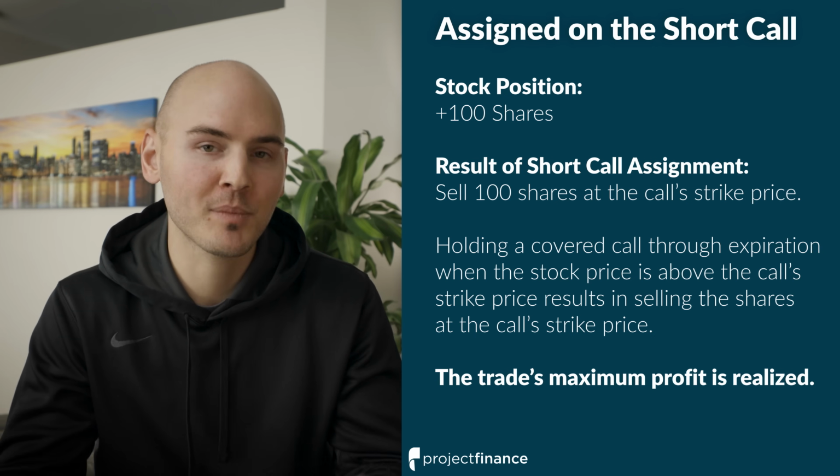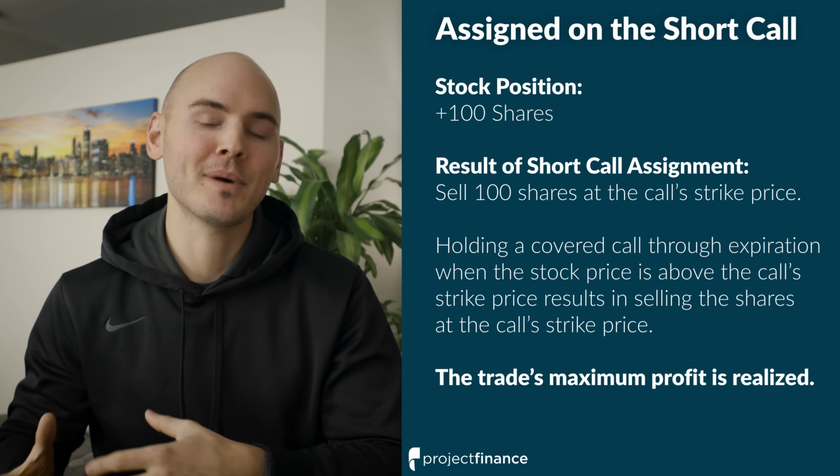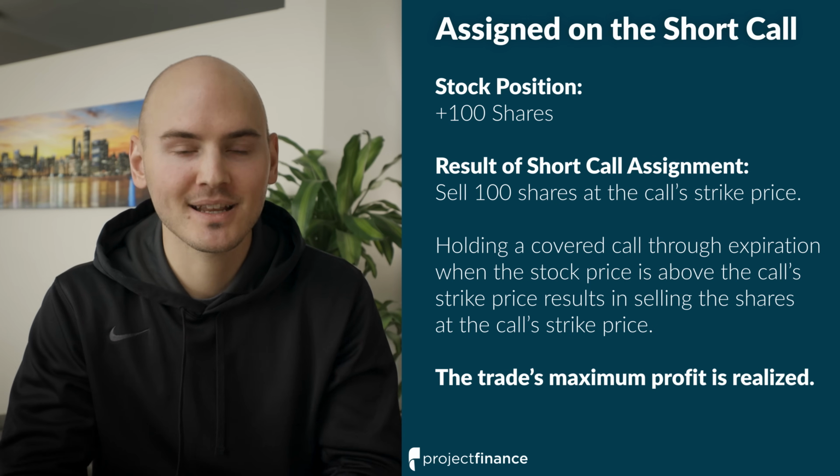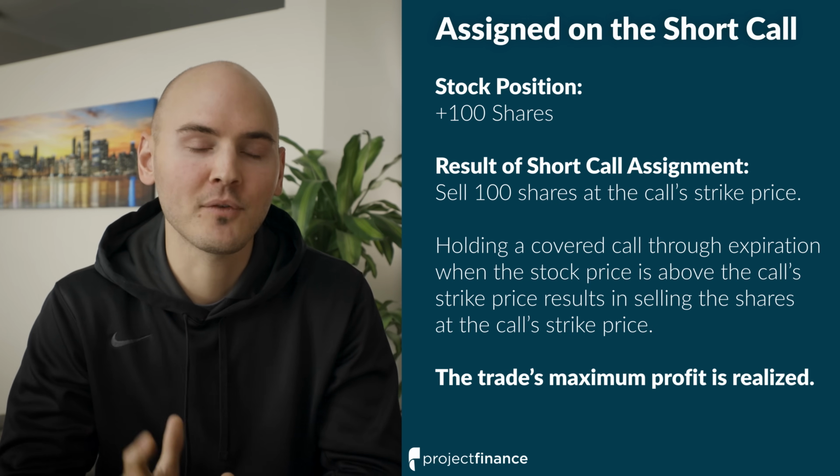And since we initially purchased 100 shares of stock, by getting assigned on the short call, we effectively just sell those shares at the call option strike price of $135. So if we wanted to keep our shares in this particular situation, we would need to buy back the short 135 call at some point. But if we bought back that 135 call at expiration, we would realize a loss of $1,100 on the portion of that trade. And that's not an ideal